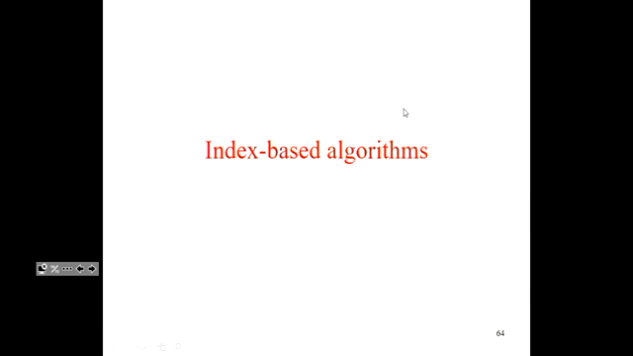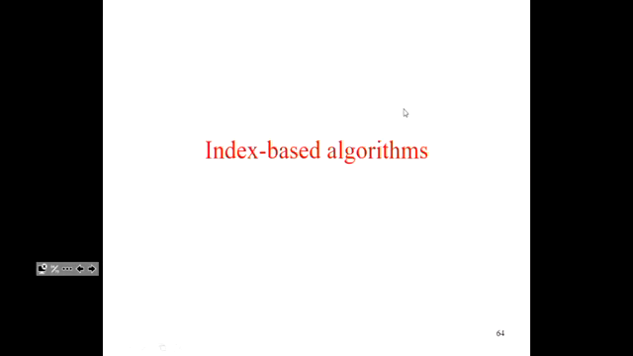Okay, let's get going. Any questions about the stuff up to this index-based algorithms? Anything that's not clear to you? Let me know now and spend some time on it before I get into the index-based algorithms. Okay, so